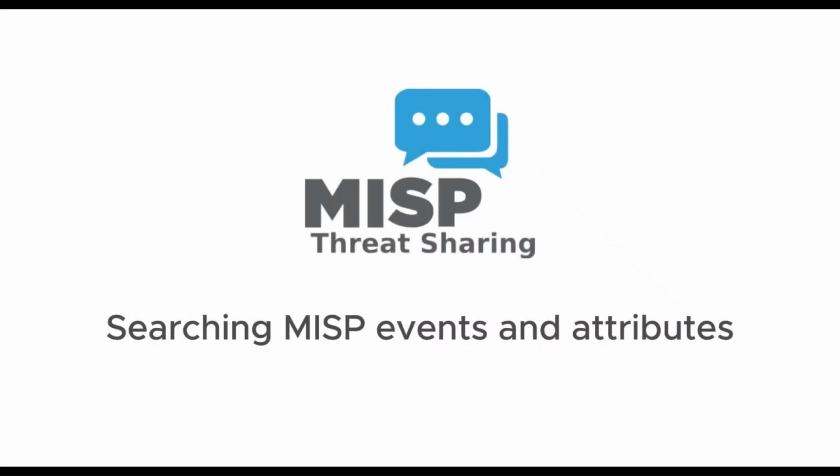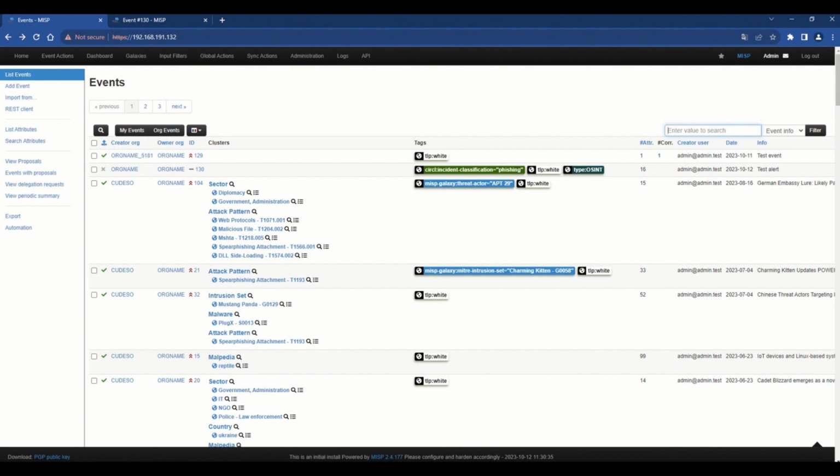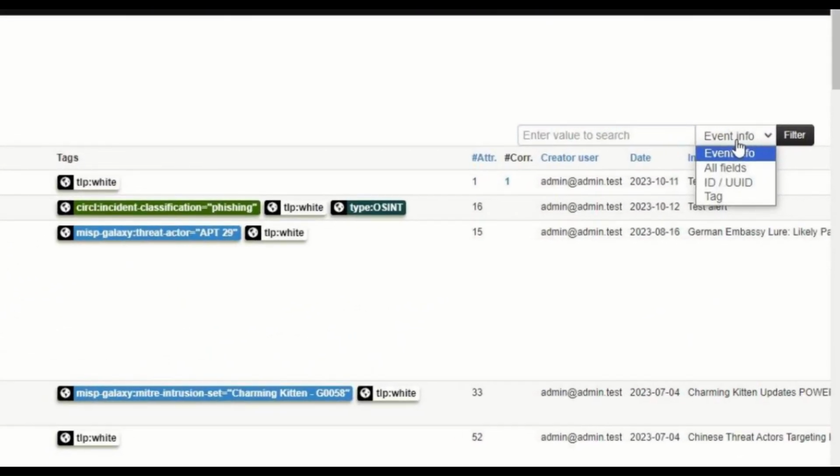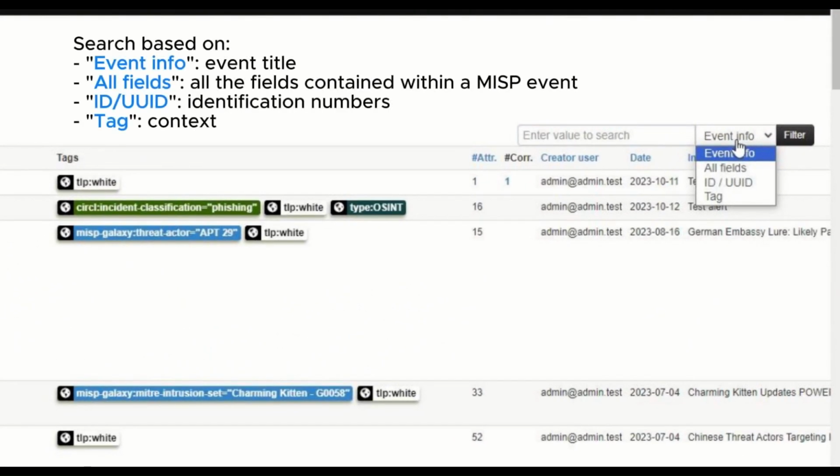In this section, we are going to explore how to search for specific events and how to search for attributes. Let's begin with the events. To find certain events, we need to use the filter located in the top right corner of the event list. You can filter events based on various metadata. In particular, given a certain keyword, you can filter